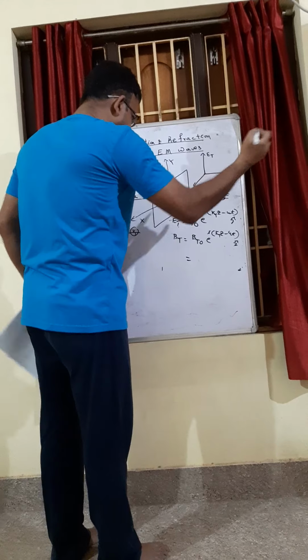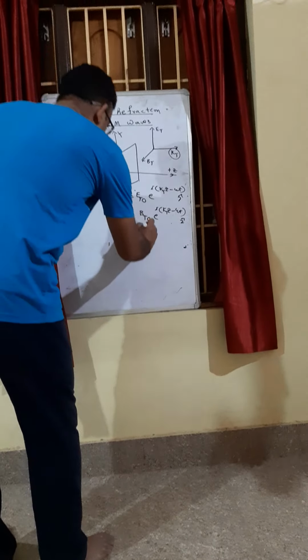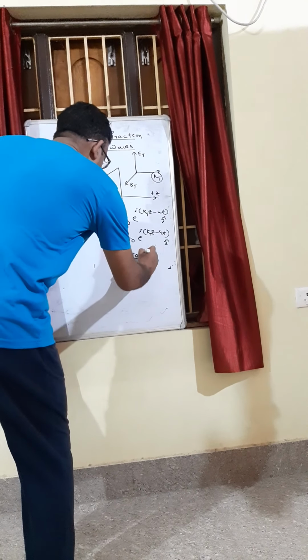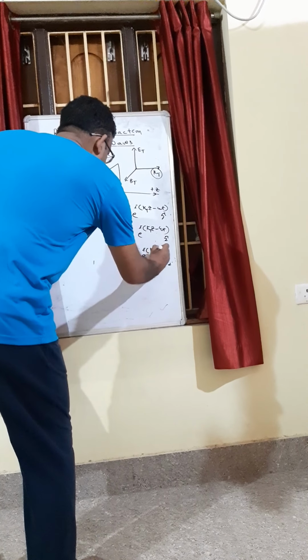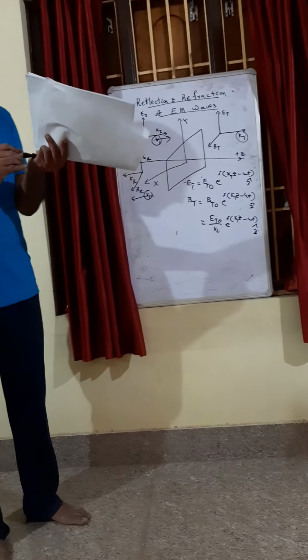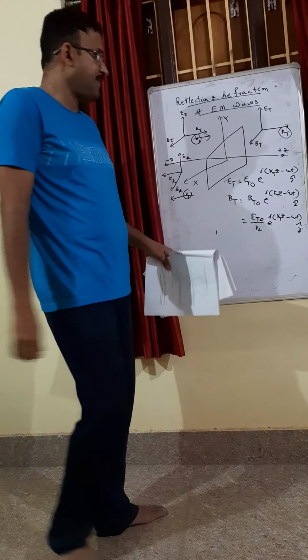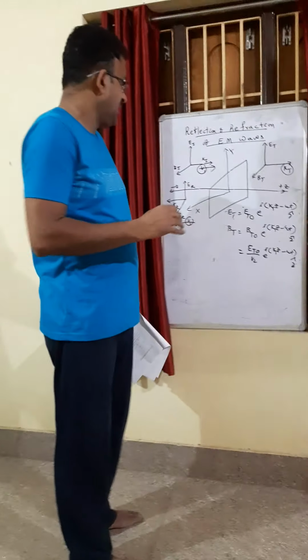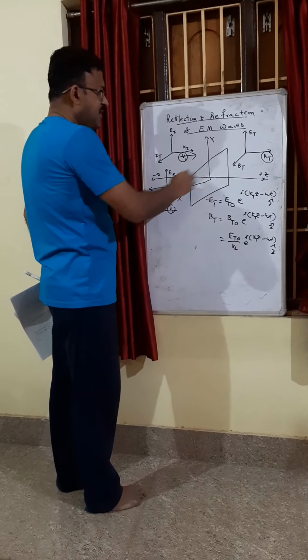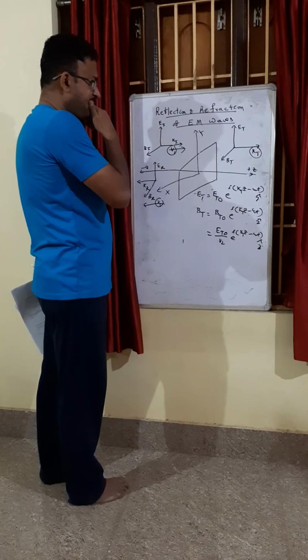We have represented as V2. So this VTO will be equal to ETO upon V2 e to the power i(ktz minus omega t). So this is the preliminary work we have to do. That means the incident wave, part of the energy is reflected, part of the energy is transmitted, and what we have